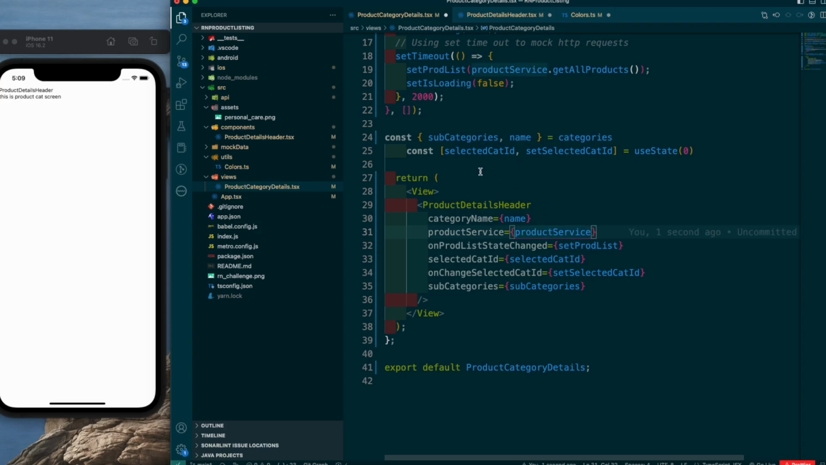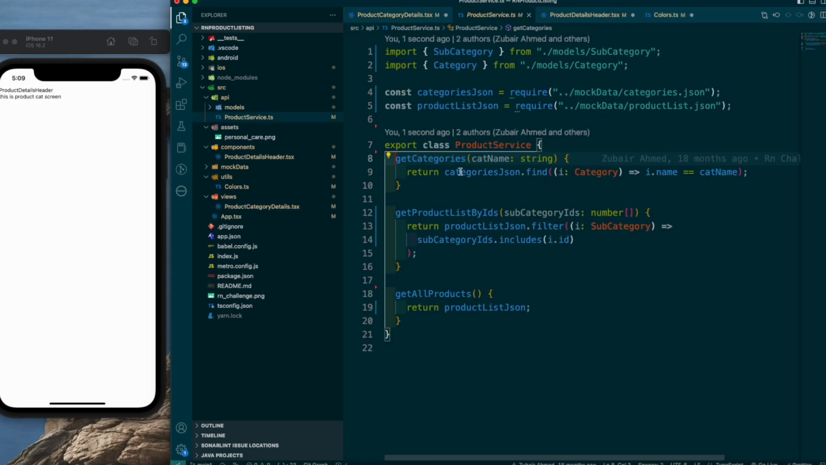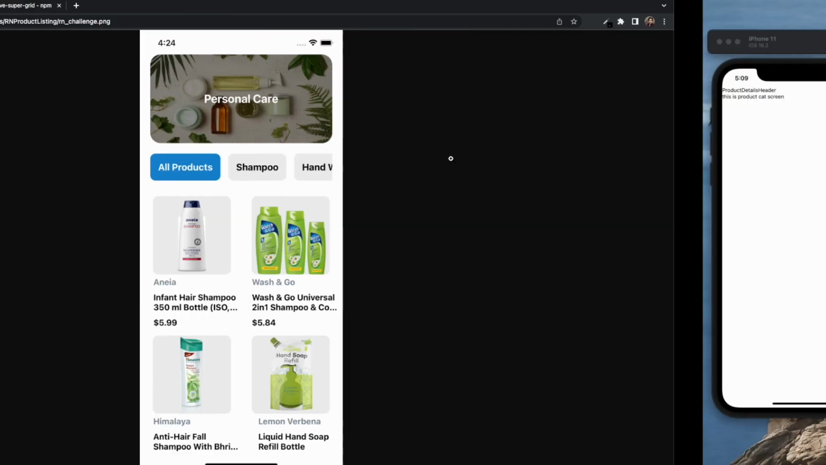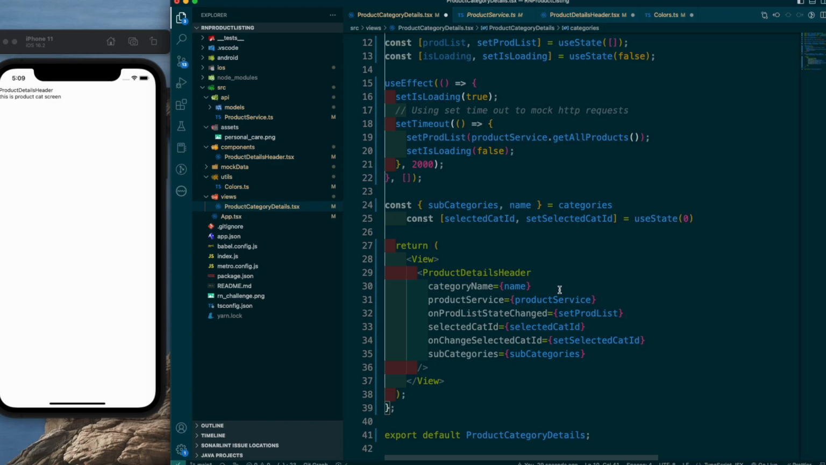So it's just fetching our selected category ID. By default we can say it's 0, so that it can select the all product thing. And then we have subcategories and its name from the category part, which we are getting from here. So product service is returning us a particular category. We are passing it the category name. In our case our category is personal care, so we are passing that. Let's save this real quick,